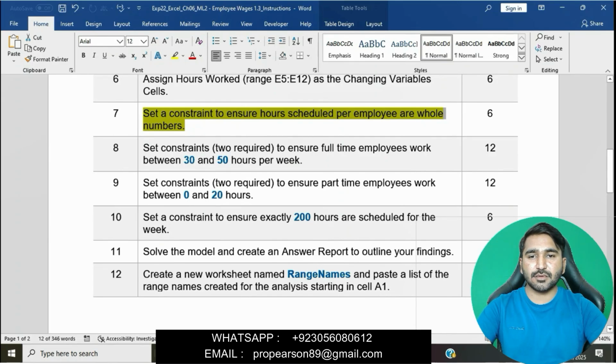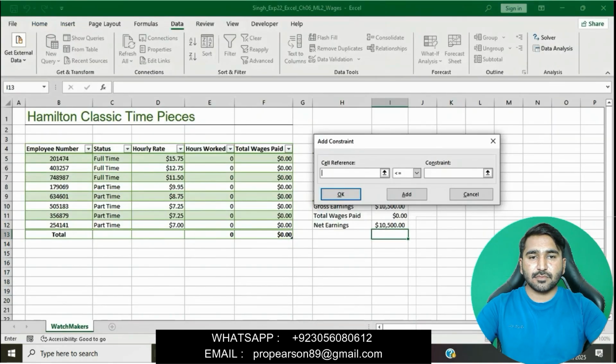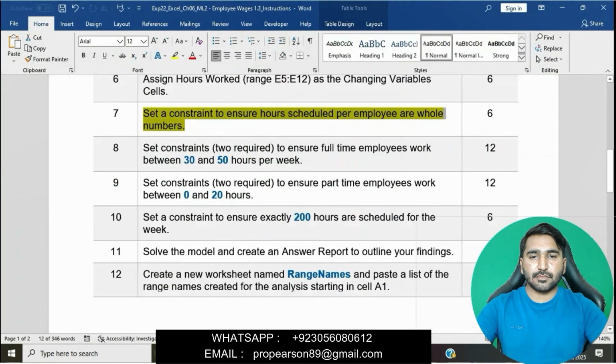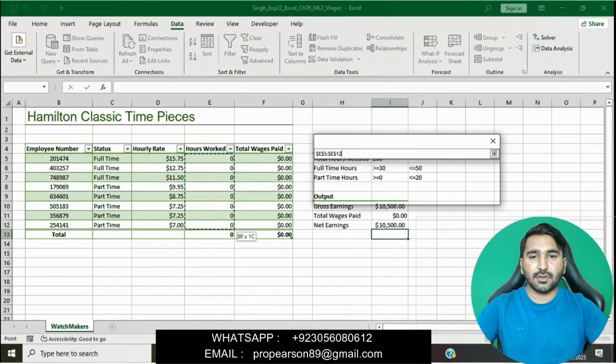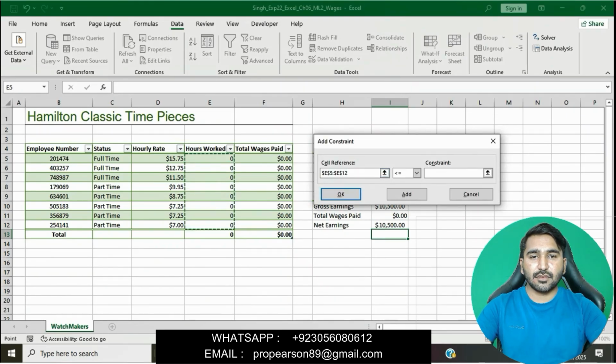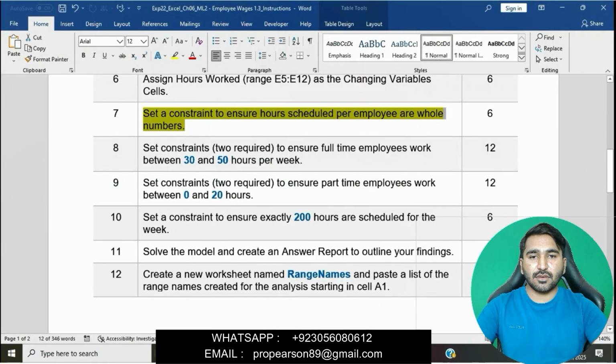Okay, we will add the constraint. Cell references and constraint are whole numbers for employees. Okay, hours worked, then click on OK. Okay, you can see.